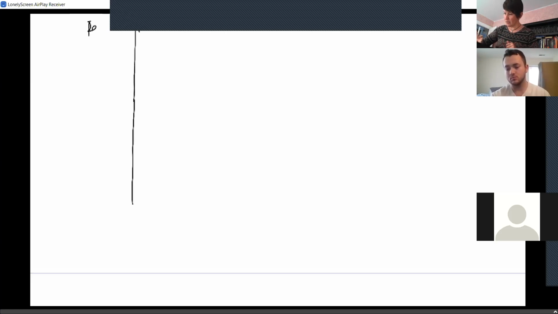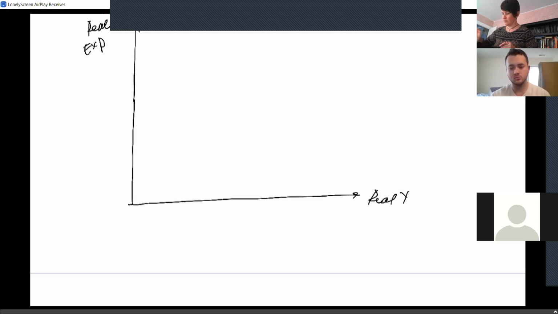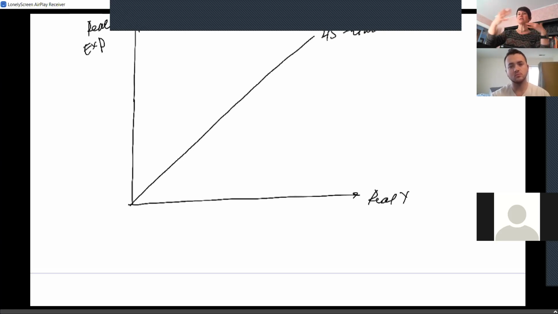This is real expenditure, and this is real output. So that's our 45-degree line that represents an unlimited number of equilibrium points. Again, we don't need the unlimited number, we need just one. All we need to do, remember, the equilibrium means total demand is matched by total output, but total demand, let's see,